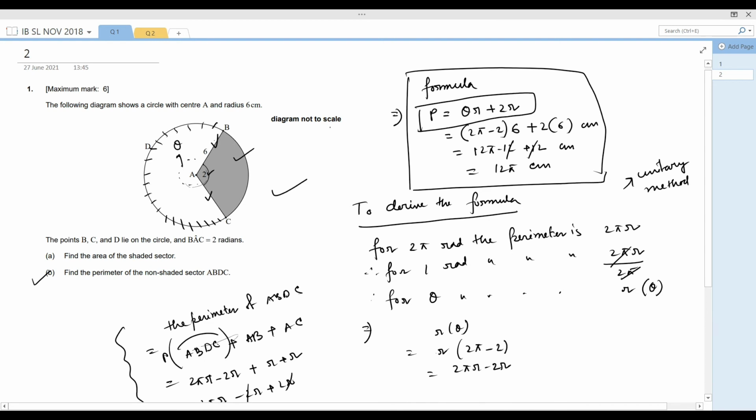Now we will move toward the second problem. In the second problem you can see